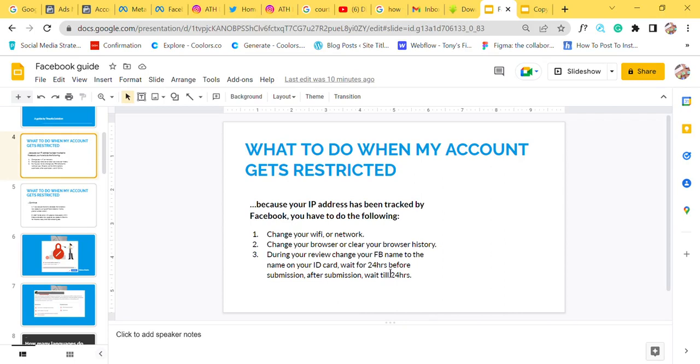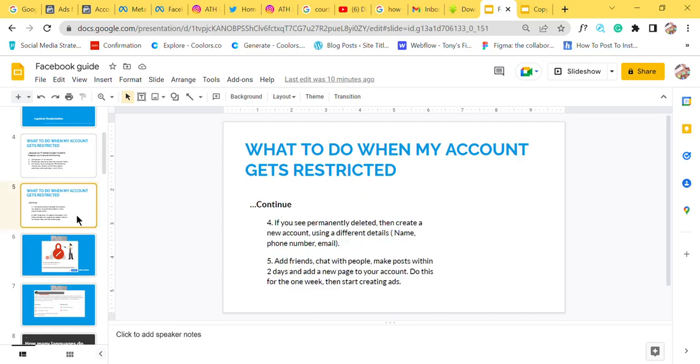Okay, once you submit your request, wait for another 24 hours. Facebook will definitely get back to you within 24 or 48 hours. Is that okay? Good. Now the fourth one,